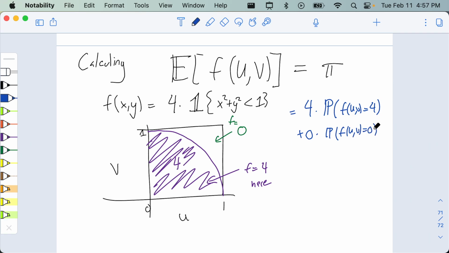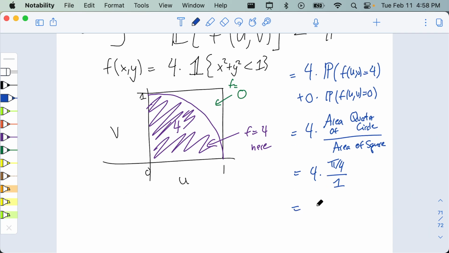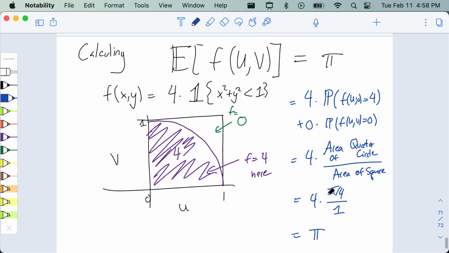And what is the probability that it's in this region? Well, that's the area of the circle. So it's the area of, what do you call it, a quarter circle, divided by the area of the square. And that's 4 times pi by 4 over 1. So the whole circle altogether is pi. This little quarter of a circle is pi by 4, and it perfectly cancels out the 4 to give pi. So this is a non-random number, pi,